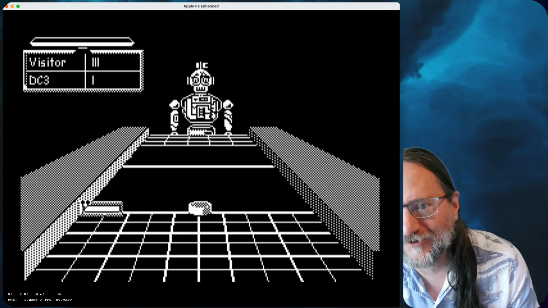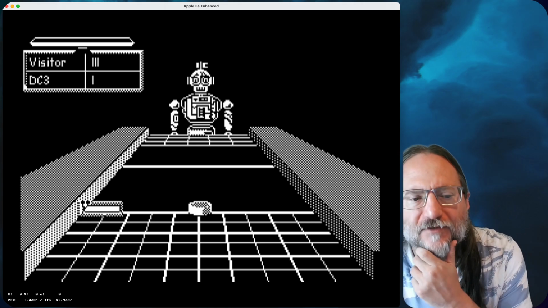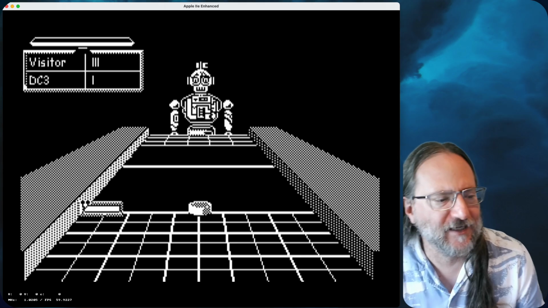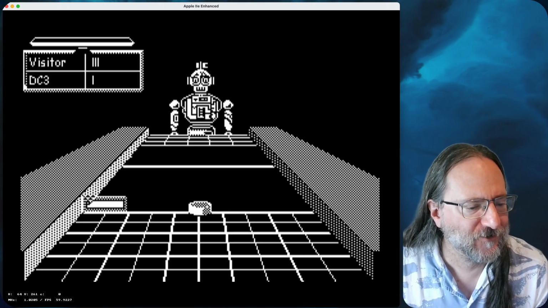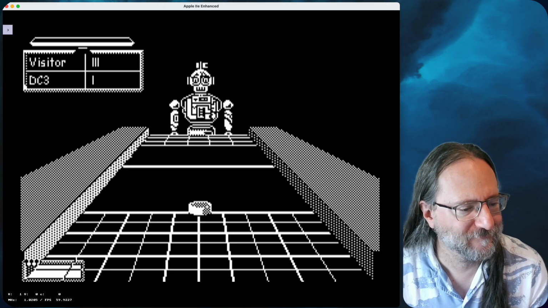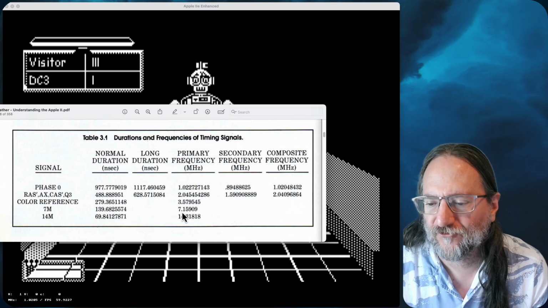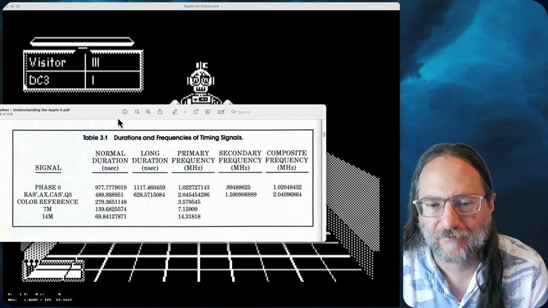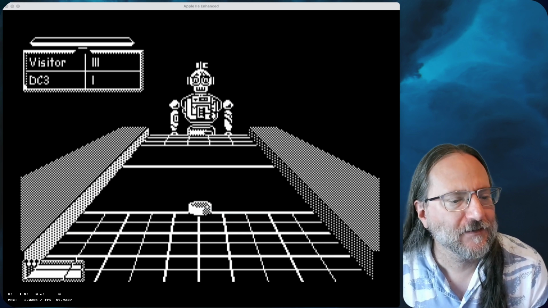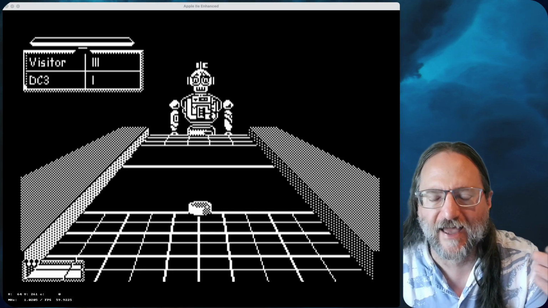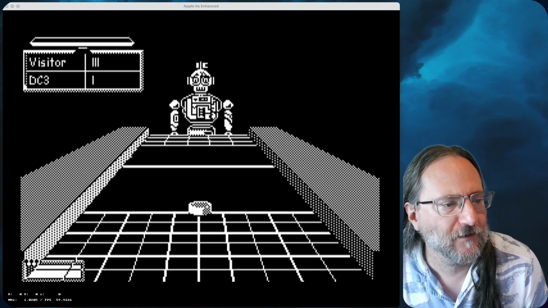Now, these values came about because they're divisions of the Apple II's real master clock, which is a 14 megahertz clock. Actually, it's precisely 14.31818 megahertz. All the other clocks in an Apple II are derived from that by dividing it by various values.